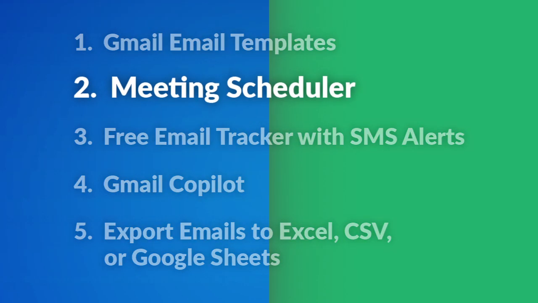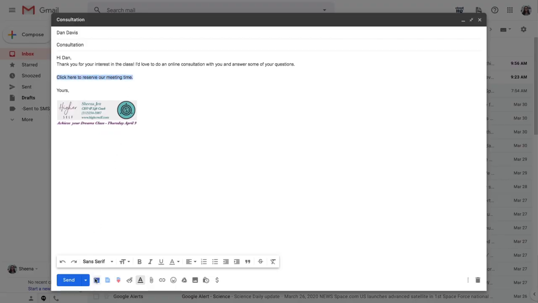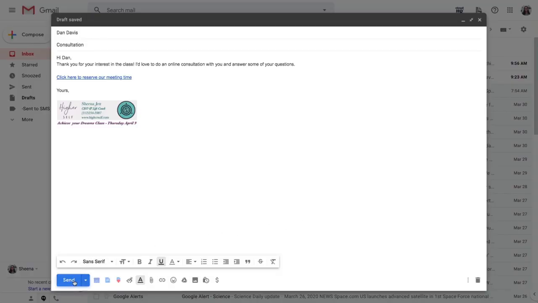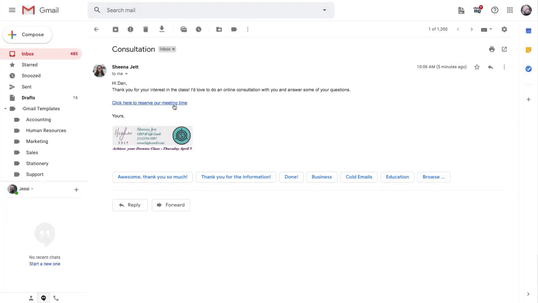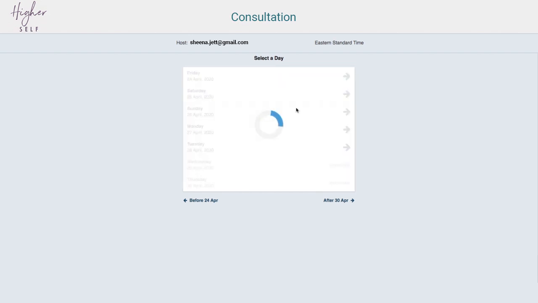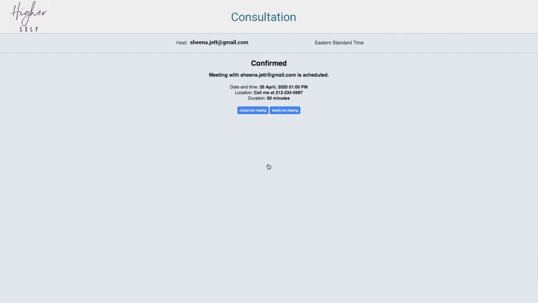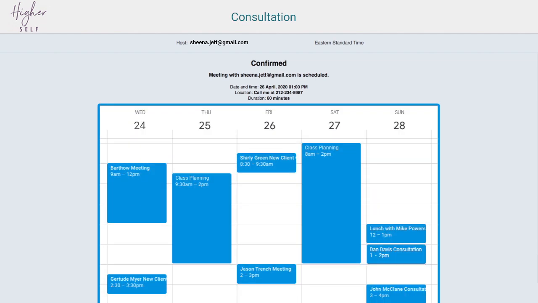Next, make sure your scheduling goes smoothly with Meeting Scheduler, the free tool that allows your clients to quickly book a one-on-one online appointment with you based on your availability in your Google Calendar. Your meeting invitee can click a link and easily choose a date or time that works best for them, without a series of back-and-forth emails, saving you time and making the onboarding process all that more easy for you to